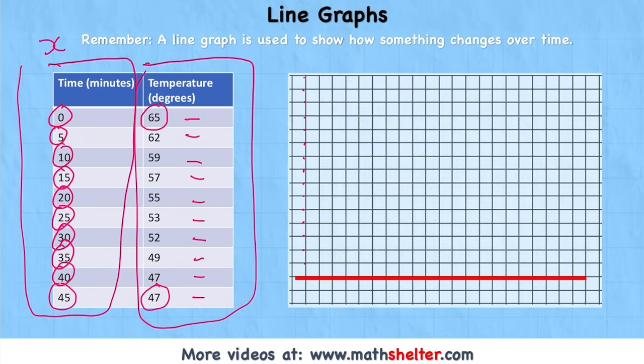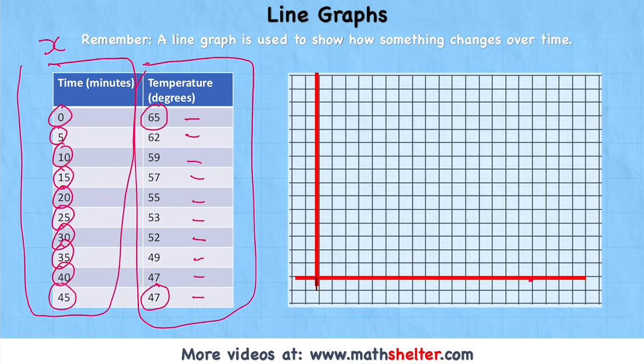So what I could do is I could have each of these squares represent 2 degrees of change. Again, starting with 47. Okay, now I'm ready to start populating my axes. And because this is a line graph, we use the lines of the squares on our paper rather than the gaps between them. So let's look at our x-axis first of all, and we can see that this part here